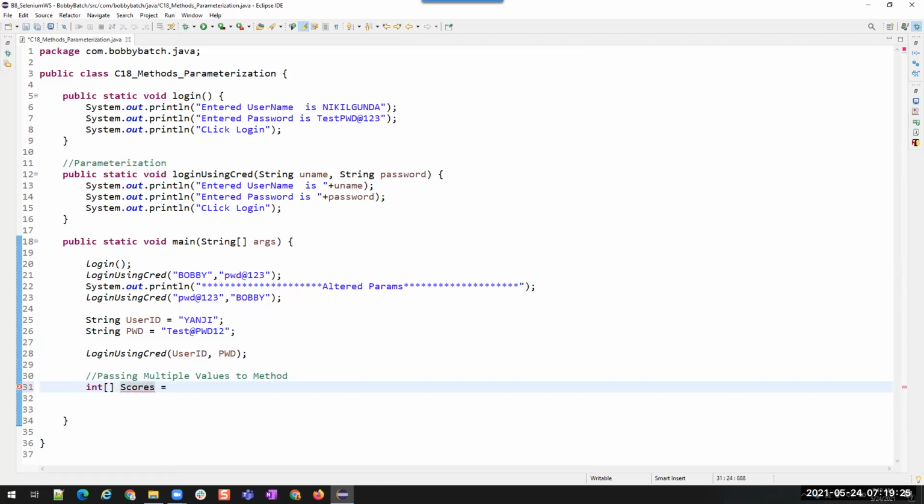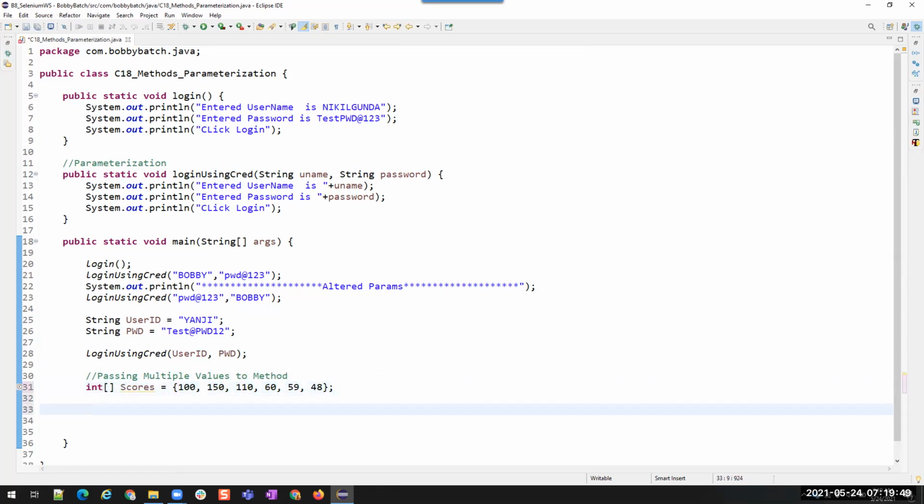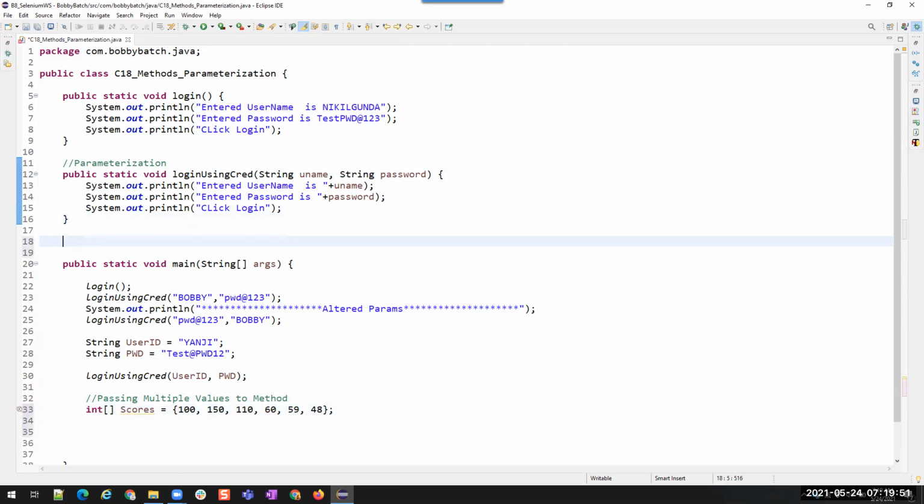Okay, is equal to, I can store some values into this scores: 100, 150, 110, 60, 59, 40. These are the scores of players, or these are the scores of a student. Now I want to print all the scores.